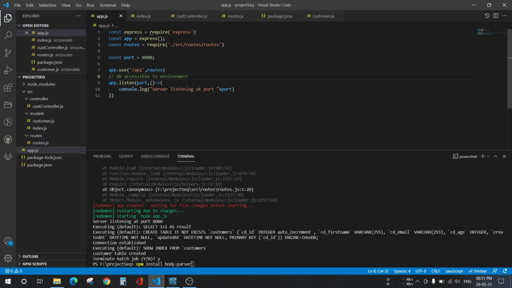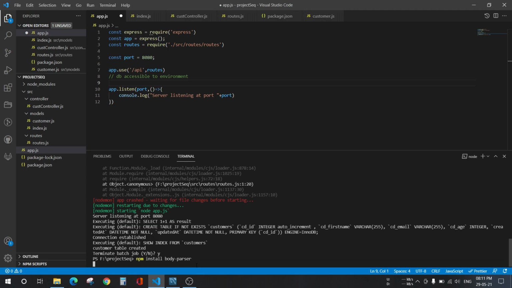Also here, in order to get the response and request, we need to make our DB accessible to the environment. I want you to download body parser. That is very important to set up the environment for our DB.